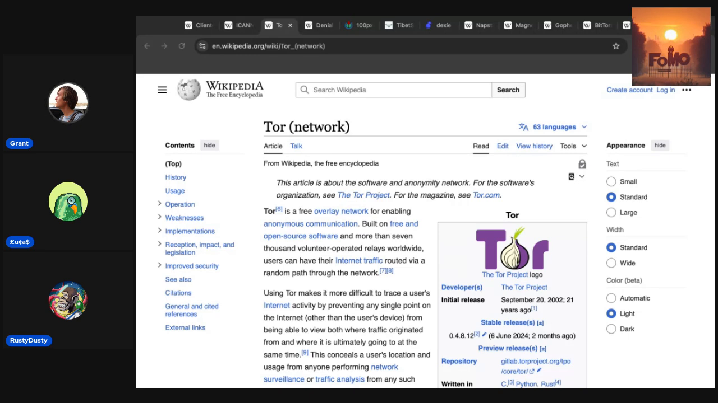And Bitcoin can use Tor. I think there's ways to use a straight IP address, but there's also ways to configure Bitcoin so that it uses Tor, so that when you're using Bitcoin, your IP address isn't necessarily linked to you. So